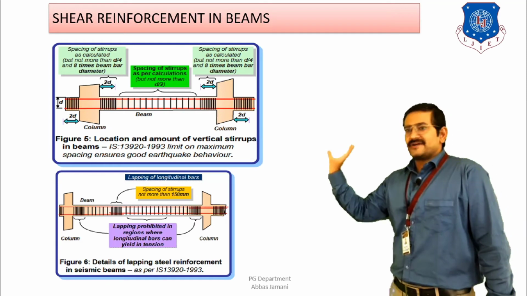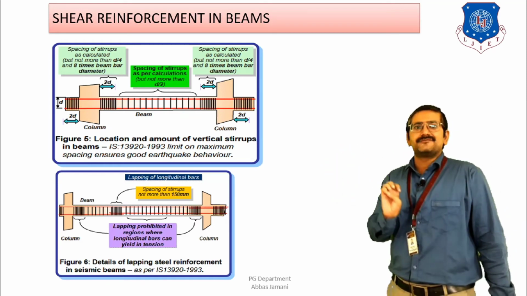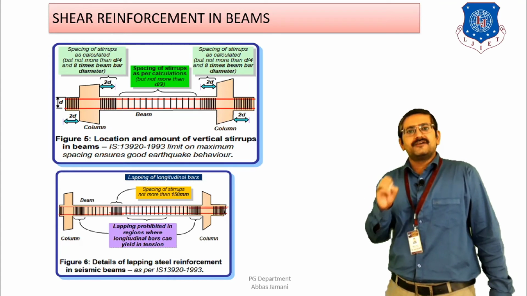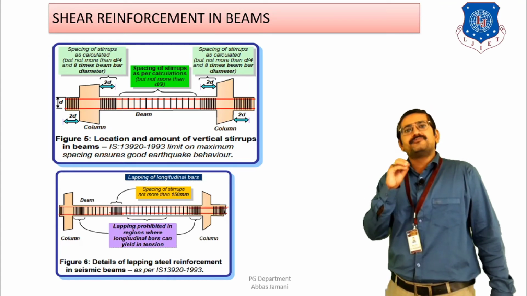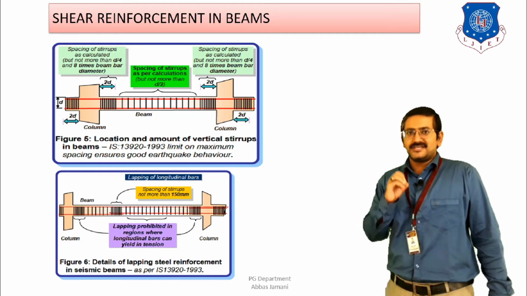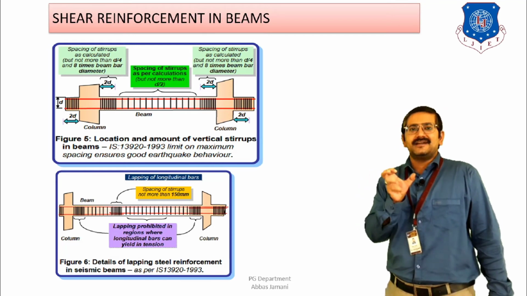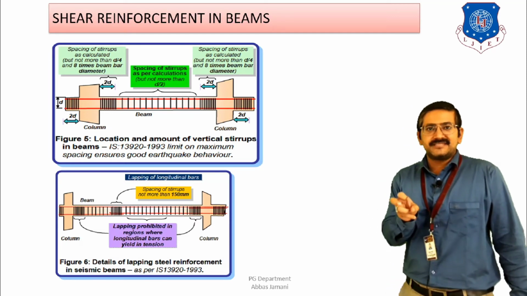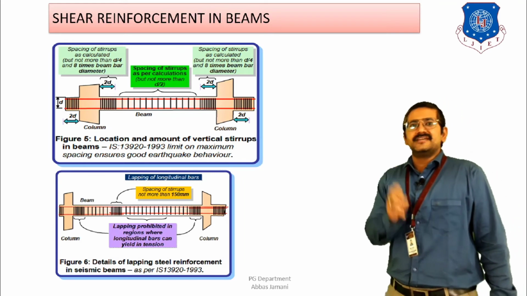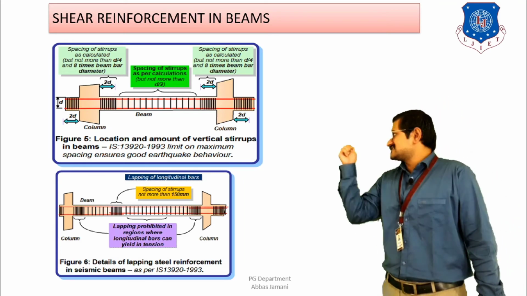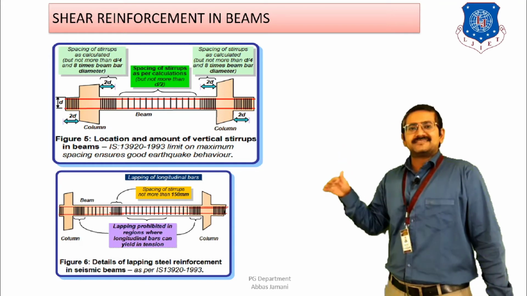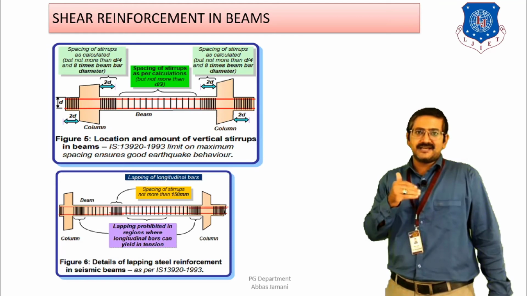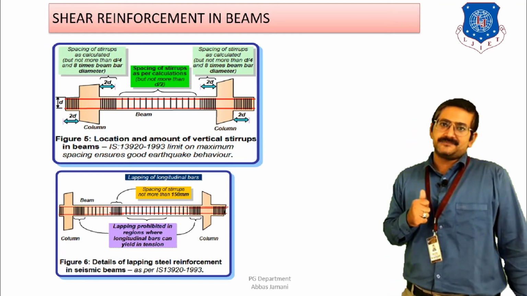And if I am going to provide stirrups in the center portion, where the shear reinforcement requirement is going to be less, why? Because the central portion of the beam is going to have minimum shear force value, and the possibility of a point of zero shear is also likely to be there. As a result, the code suggests that in that particular region the spacing of stirrups can be increased, and that spacing has to be d by 2. That is, at the support we have a spacing of d by 4, so exactly double the spacing is to be considered for the remaining span in the beam, right? So these are the guidelines for shear reinforcement as per IS 13920.